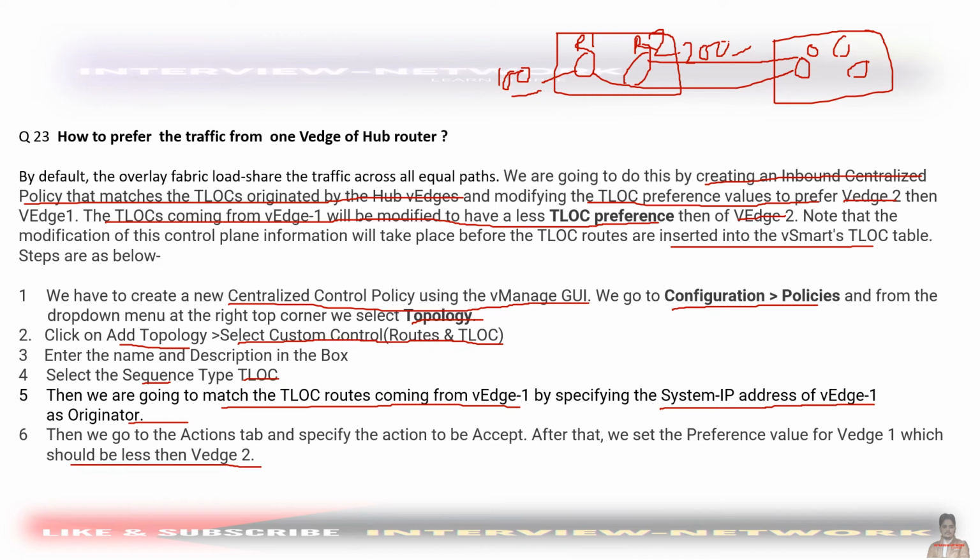Okay, so this explanation, these steps, are clearly saying the same thing which I said with this diagram. So what we are doing here, on this router 1, we are setting up the less preference value compared to router 2, and we are doing all these things on the basis of the centralized policy that we are creating. Okay, so the next step will be,